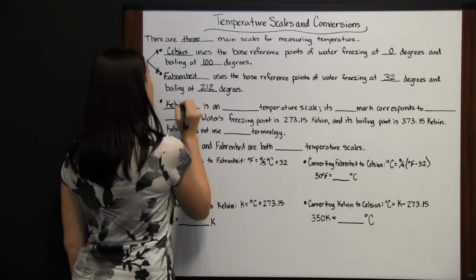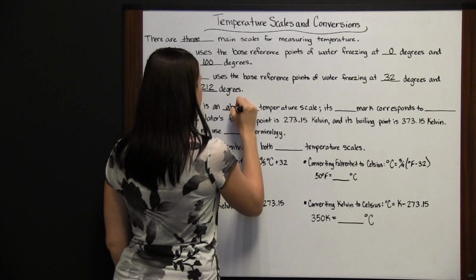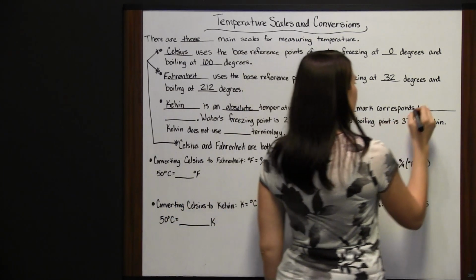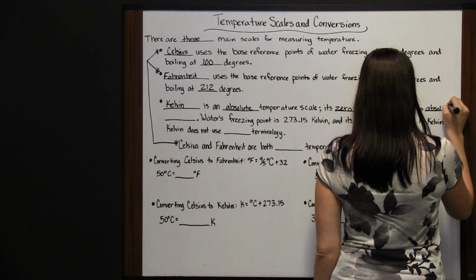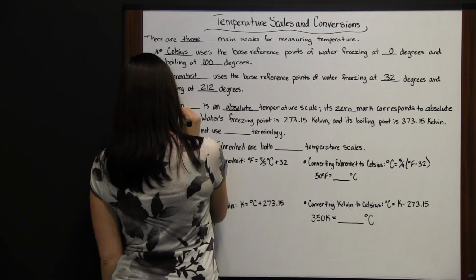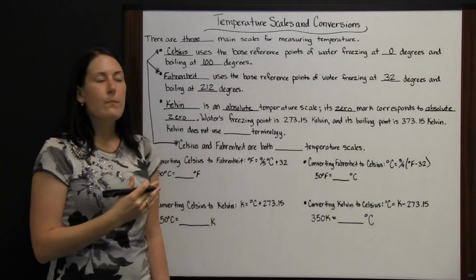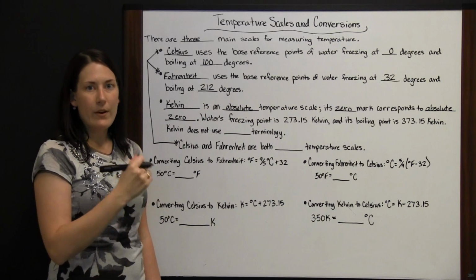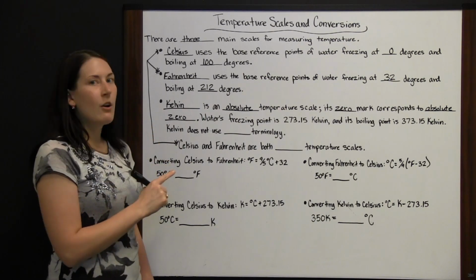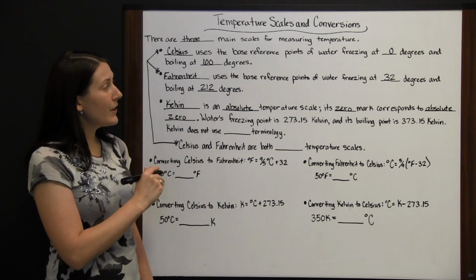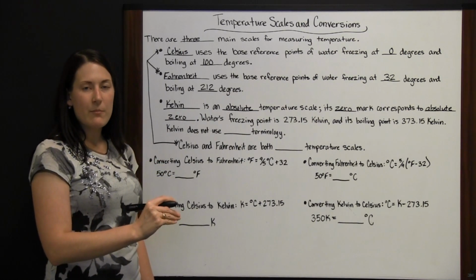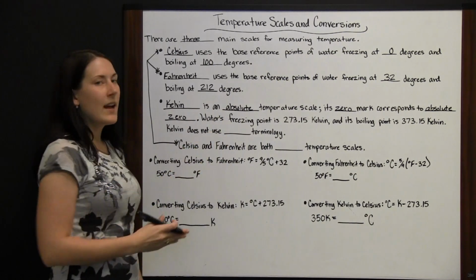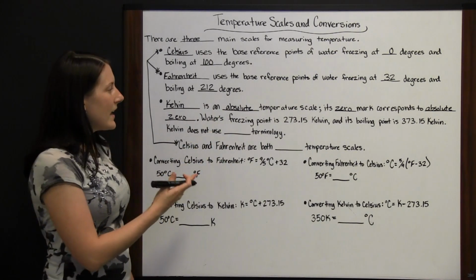And Kelvin is an absolute temperature scale. This means its 0 mark corresponds to absolute 0. It isn't based on the freezing or boiling point of water. It is based on absolute 0, where that starts and then goes up from it. And absolute 0 is the coldest possible temperature. It's going to be 0. And working up from there, we get to water's freezing point at 273.15 Kelvin and its boiling point at